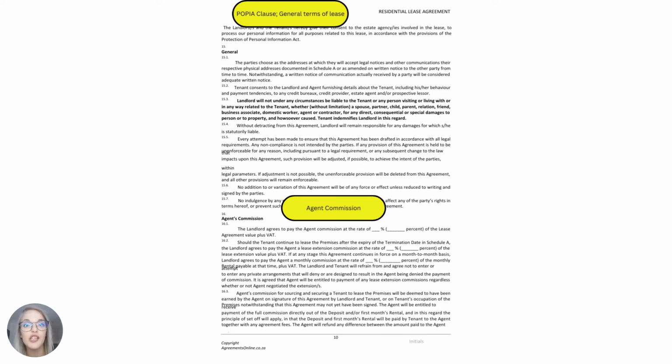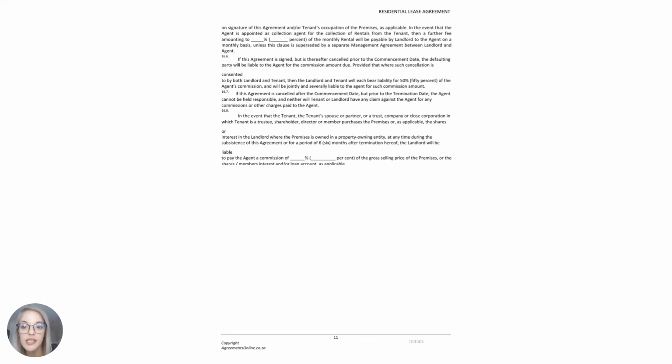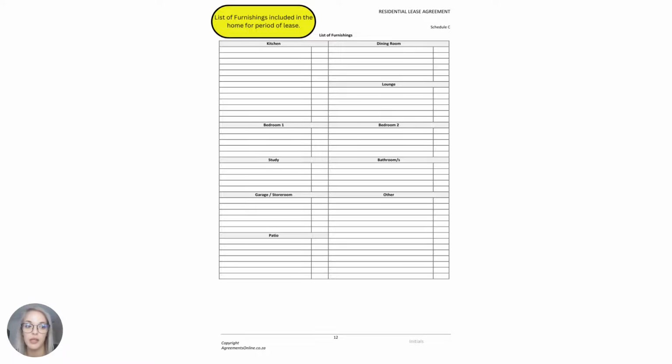The agent's commission is also then addressed within the lease and set out as it is agreed between the agent and landlord. And lastly, we have a list of furnishings that are included in the home for the period of lease, and that is broken down